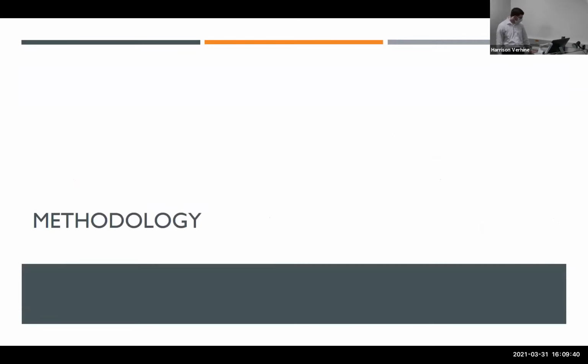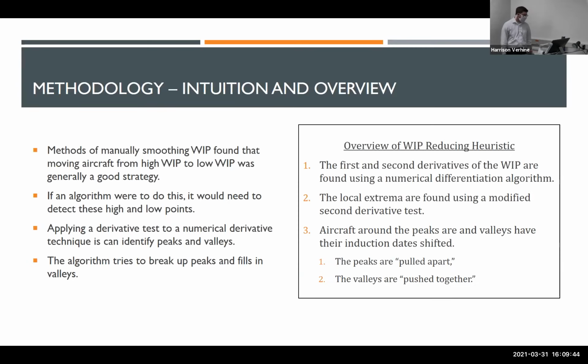Now I'll discuss the algorithm in greater detail in this section. Before discussing specifics of the heuristic, it's worthwhile to give some intuition and provide an overview. Before algorithmically modifying an induction schedule was attempted, manual modification was tried. It was found that moving aircraft from areas of high WIP to areas of low WIP was generally a good strategy. If an algorithm were to do this, it would need to identify the most susceptible high and low points